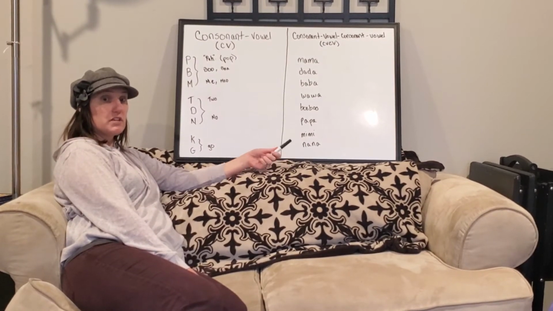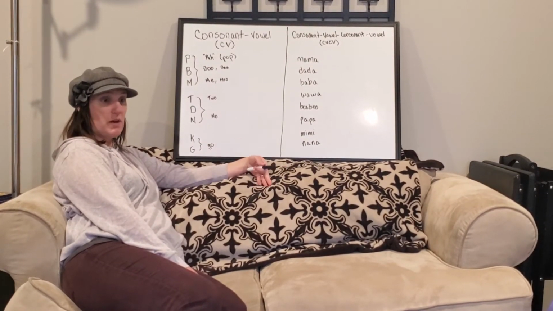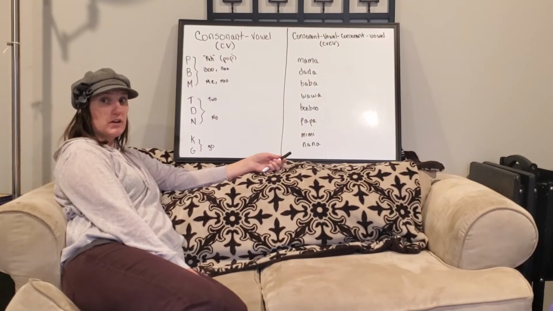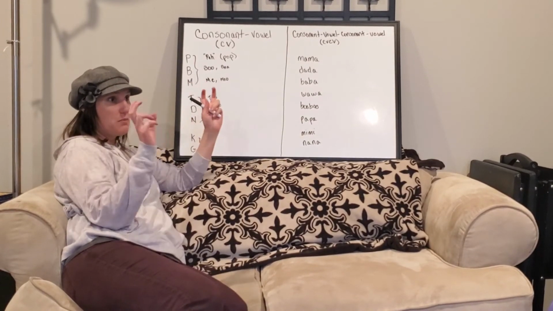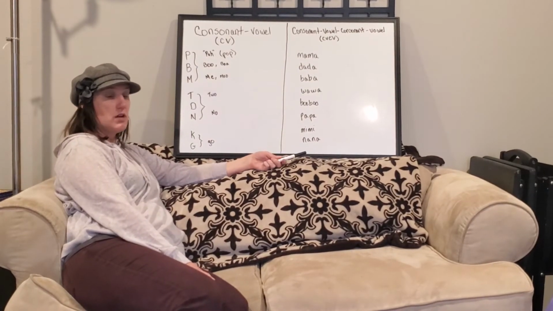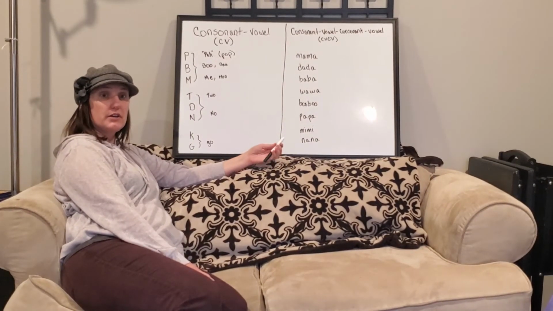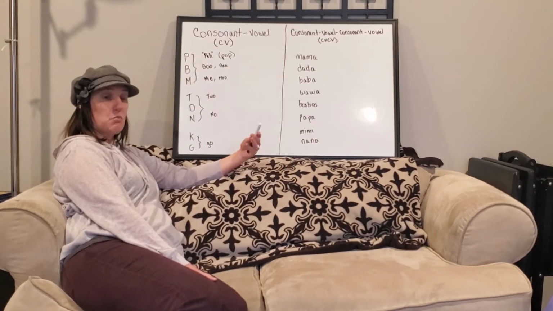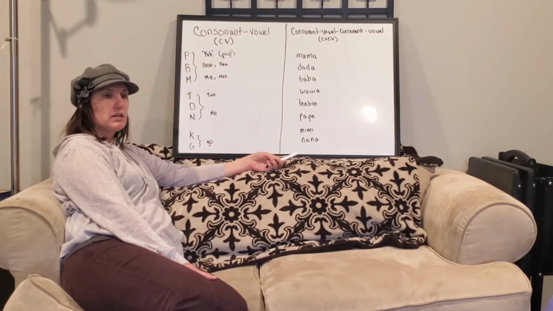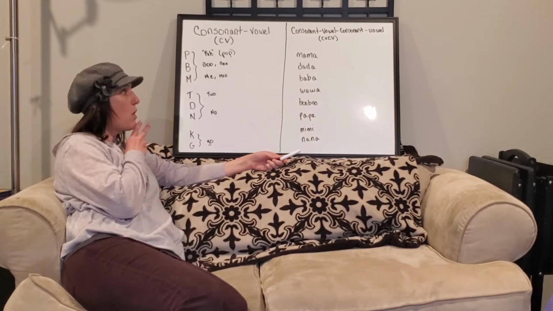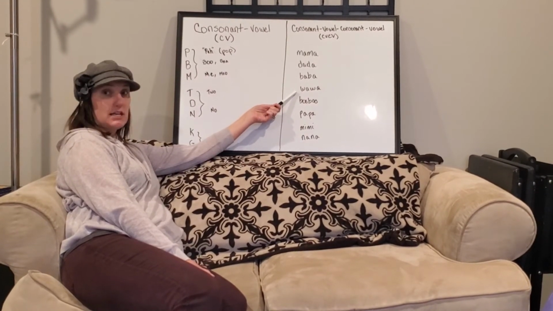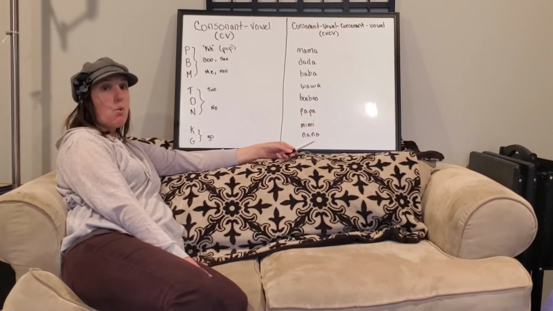If our goal is for them to imitate us, so we want them to try to say the word we're saying, then that's when we need to simplify our speech, and that's where your baby talk is appropriate and is more likely to promote imitation. So for example, if we were going to talk to our child about having a glass of water, would you like some water? We're going to use the word water. But if we would like our child to imitate us, we are going to simplify it, and we're going to say wah wah, because they are more likely to feel successful and know that they can produce wah wah